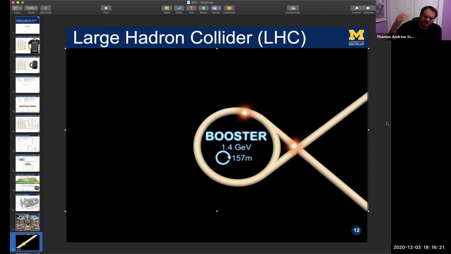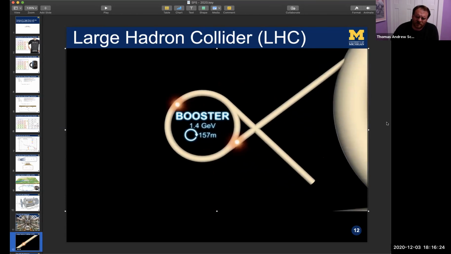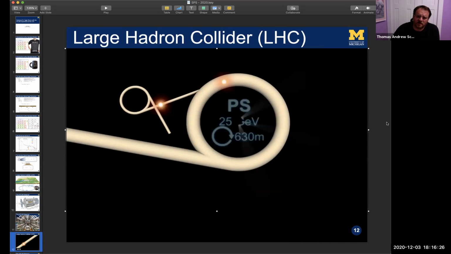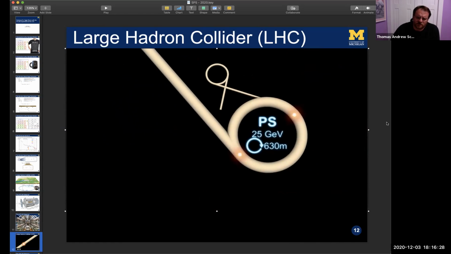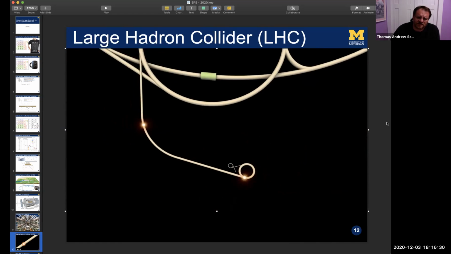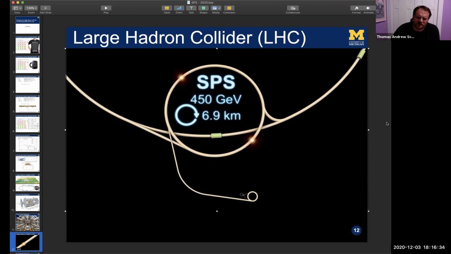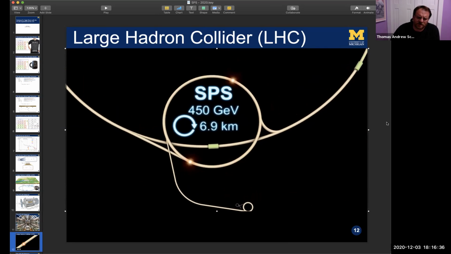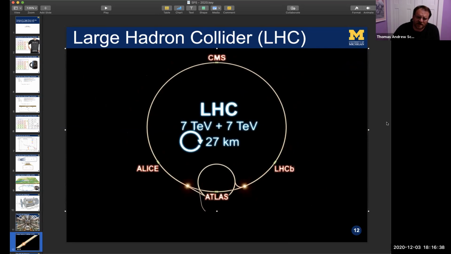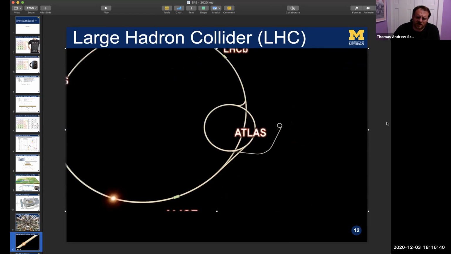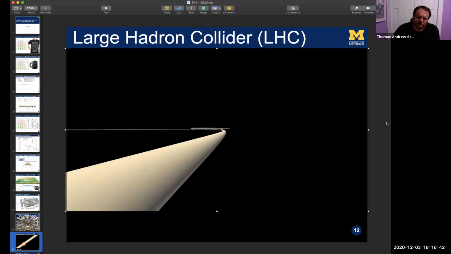All right, so this is just protons zipping around different stages of the LHC to make the protons accelerate faster and faster. By the time they're getting to this phase, they're really at the speed of light, roughly, and so really you're just giving them energy, so effectively mass. Spinning around more and more, and then